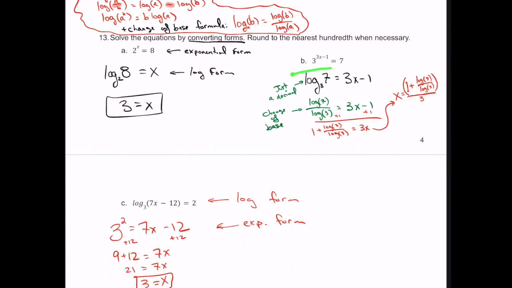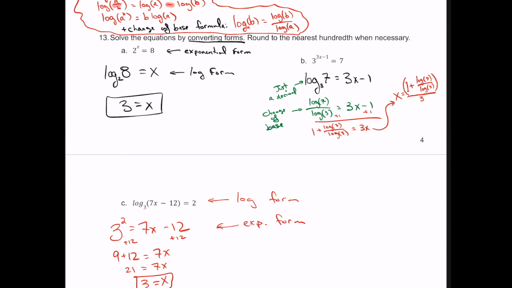Now, this is just a decimal, right? You would type this in your calculator, and you could just get the decimal. I use the change of base formula. After you get the decimal, you would add 1 to both sides, and then divide by 3. So if you want to be really efficient, you could just type this whole thing in your calculator very carefully